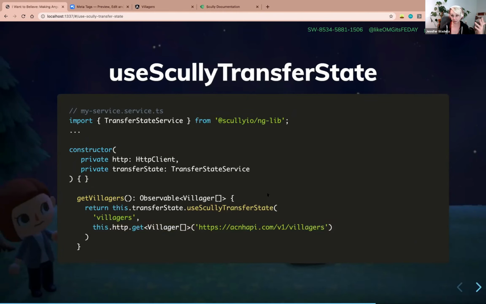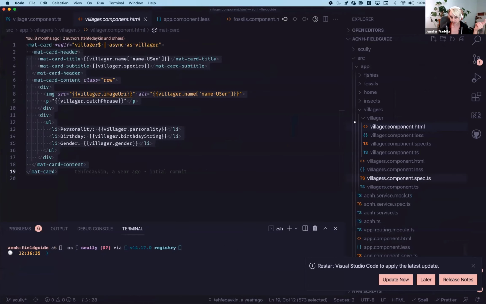So this is a fairly low maintenance solution to implement if you are looking through your application and you see that there are some API calls where maybe it makes sense to cache. What happens is Scully is going to look at this code when you have run a new ng build. It's going to say, oh, okay, hang on. They're using transfer state. So I'm going to take this call and I'm going to slap it in a data.json file, and I'm going to serve that instead of making an explicit HTTP request when a user goes to navigate to that.